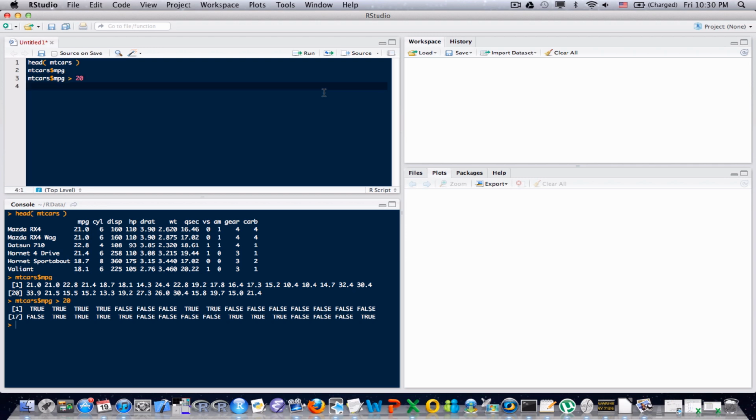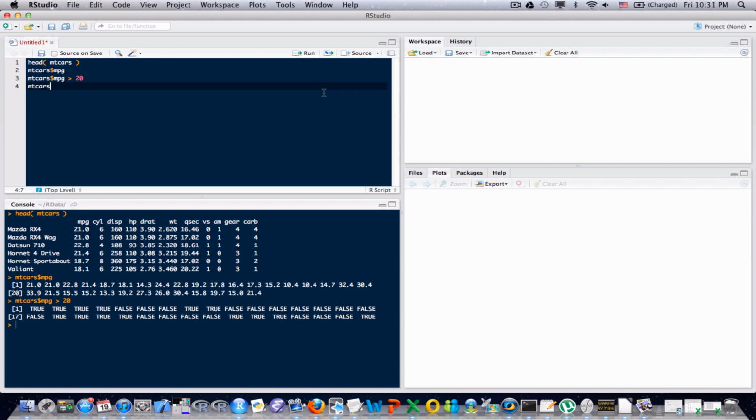Now there are contexts where this is very useful, but I want to show you how this is useful in the context of extracting subsets of data from a data set. Let's say we were doing an analysis, but we only wanted to look at records where the miles per gallon for the particular model of car was greater than 20 miles per gallon. To do that in R, the syntax is as follows. I'm going to type mtcars, and what this does is, if I just hit enter now, it would return the